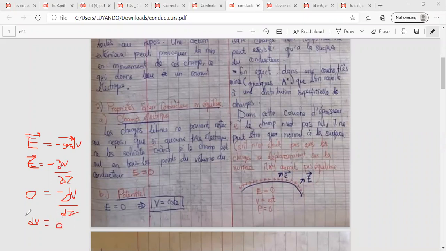And then you know that for you to have V, you have to integrate both sides. So we're going to integrate both sides. When we integrate this side, we're going to have V. So we're going to have V is equal to the integration of 0, which is 0, plus a constant, because the integration of anything is the integral plus a constant. So we can conclude that for a conductor in equilibrium, given that we established that E is equal to 0, as we've discussed, we're going to have